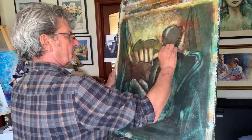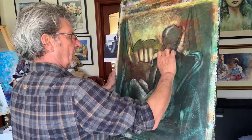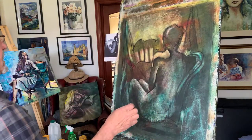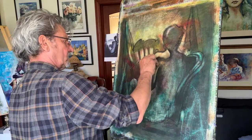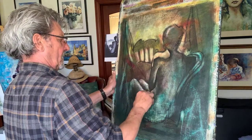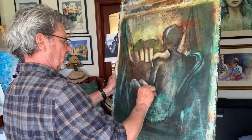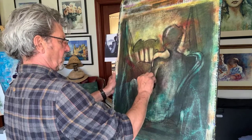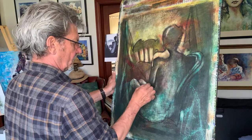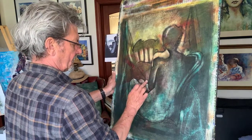You can darken bits like that, and then you can bring other bits out, or just leave bits. Just makes a very interesting shape. And then we've got the front of the arm, something like that. And then we've got the elbow, which is dark, and it's always bony. So we can put that in, and then I'm just going to go over this knee to give,